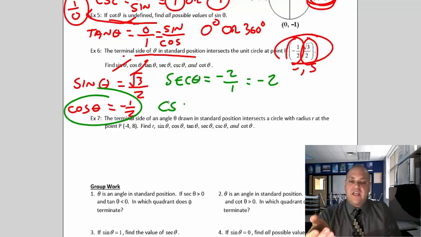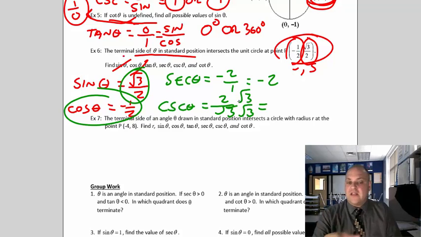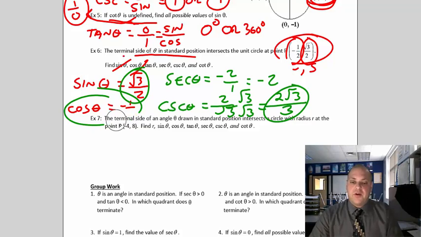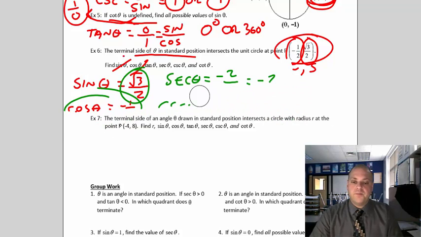And the cosecant is the flip of the sine. So we flip radical 3 over 2, we get 2 over radical 3. Now we're going to rationalize the denominator. We can't leave 2 over radical 3, so we get 2 radical 3 over 3. So my cosecant is going to be 2 radical 3 over 3. That's that. And the last example here, and I'll let you go,